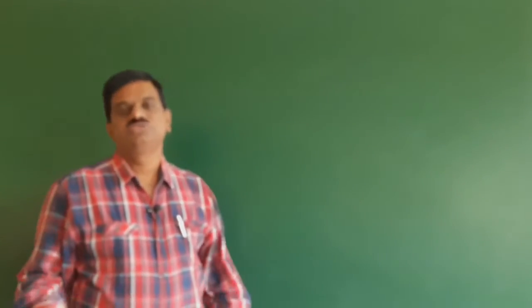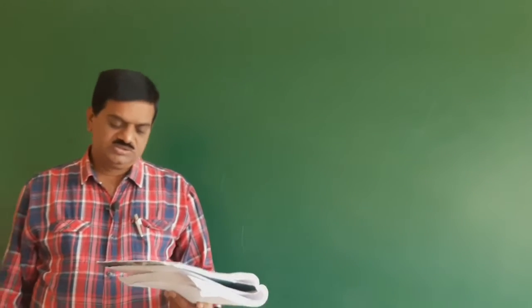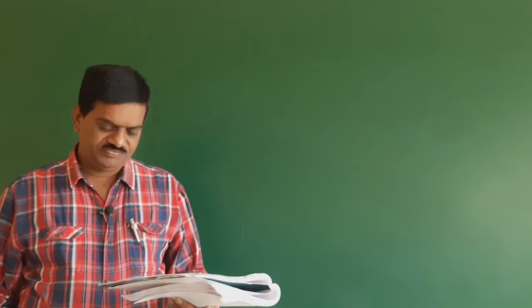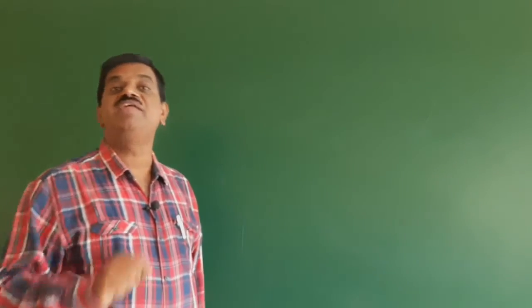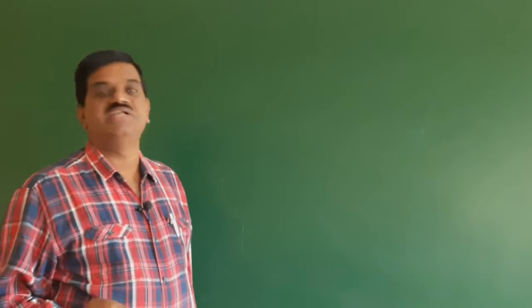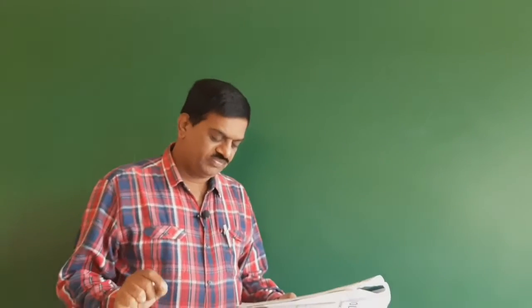Question number 23. When a flower can be divided into similar halves only in one particular plane, then it is... So here, when we take a flower and cut it into two equal halves in any plane, it is called radial symmetry. But the question here is only in one particular plane.